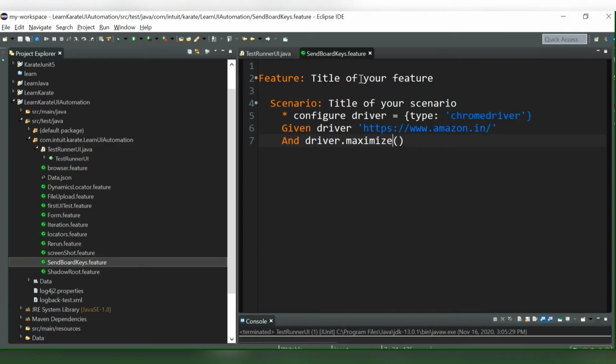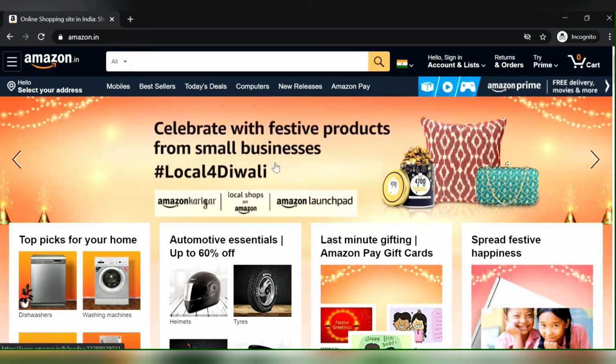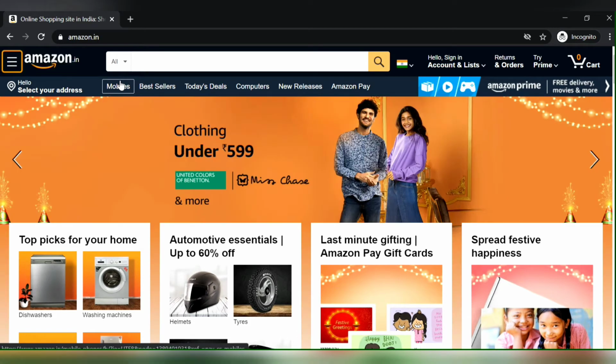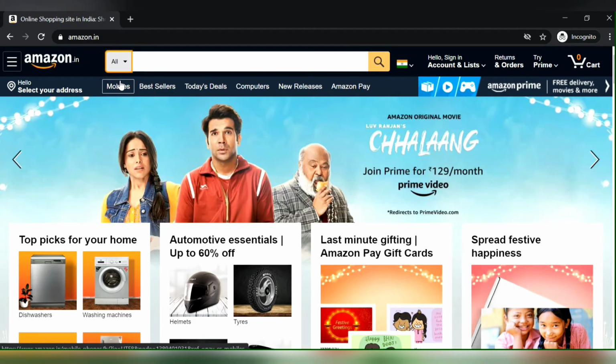So I have written a feature file send_keys.feature, in which we are configuring the driver type as Chrome driver, and we are hitting the URL of the Amazon website and maximizing the window. The test case that I'm going to automate is, I will keep clicking the tab button from the keyboard until the search box is highlighted.